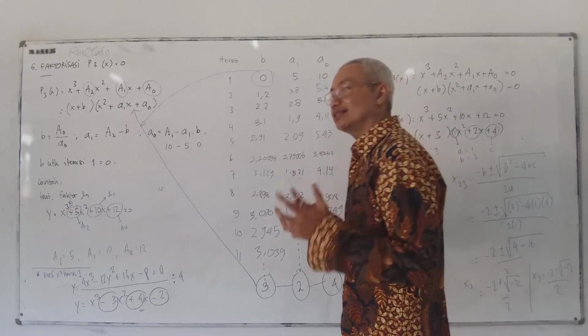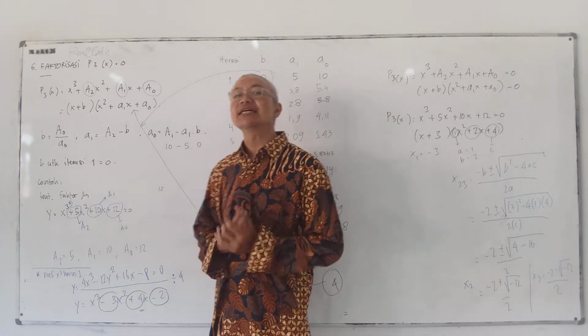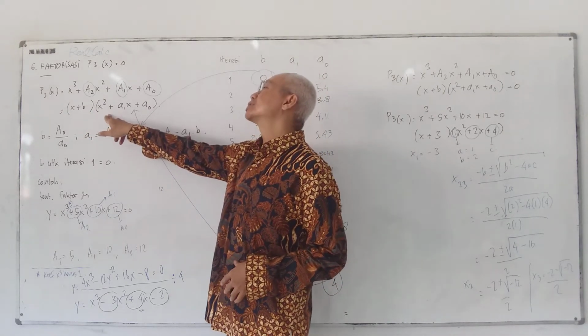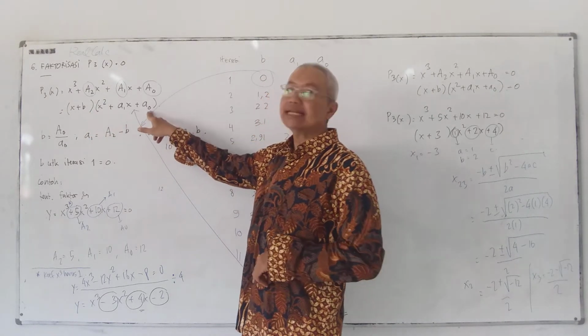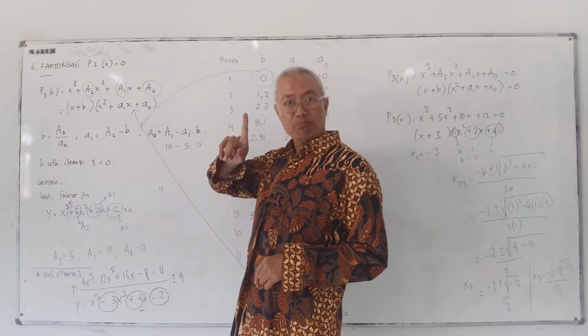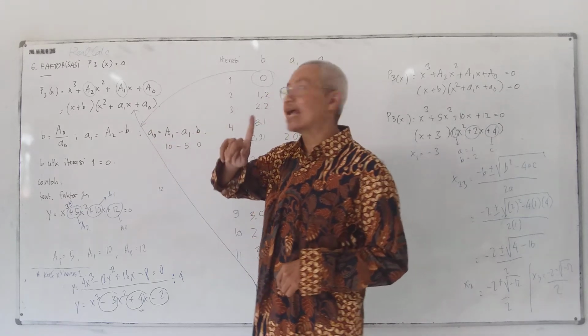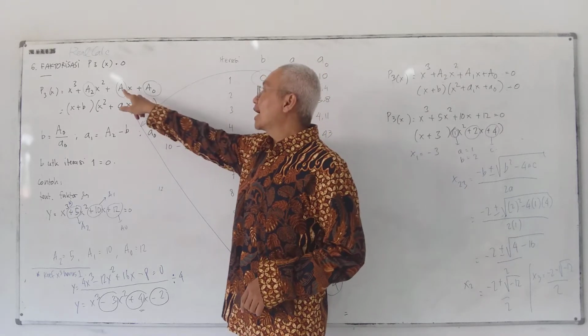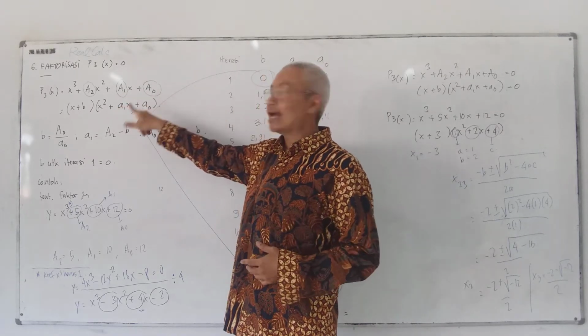So we will factorize this equation into x plus b with x squared plus a1x and a0. Be careful, pay attention that there are two kinds of